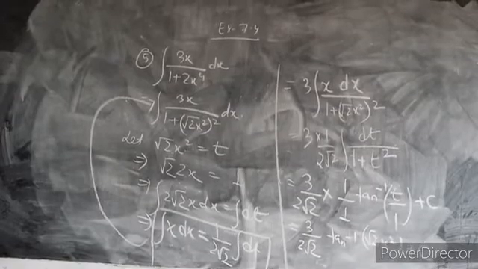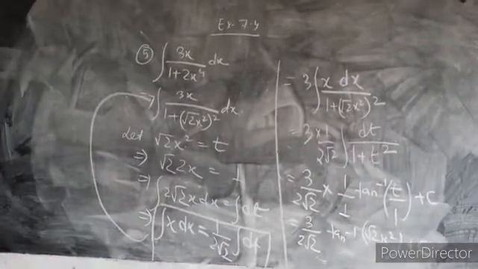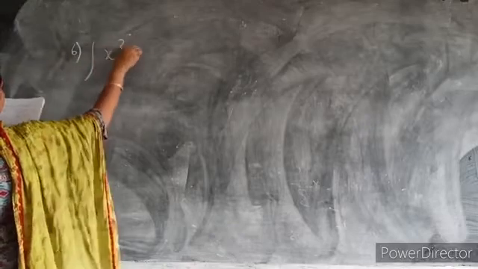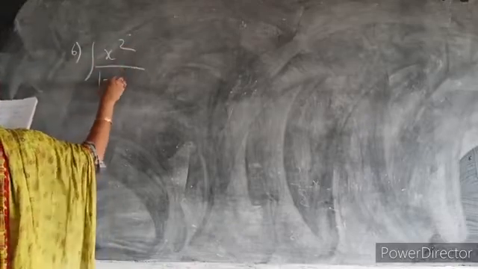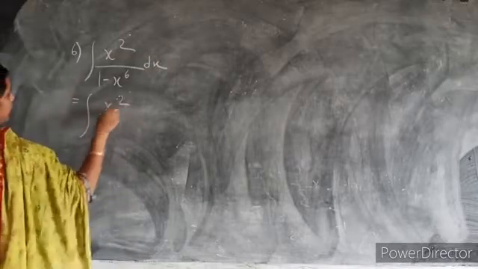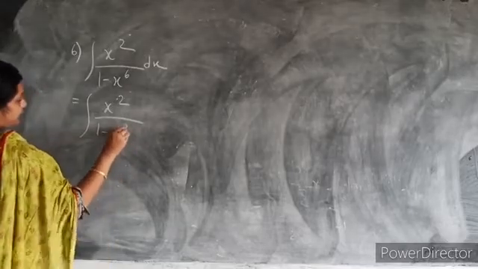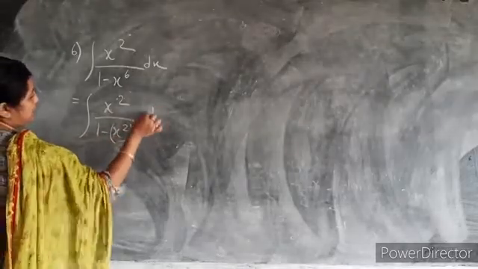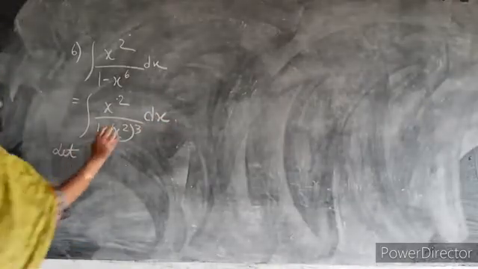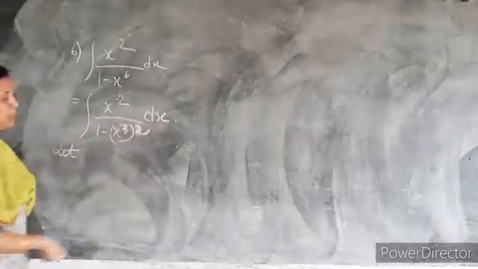First we have to bring in the formula, then only we can expand it according to the formula. What is given in question number 6 is integration x square divided by 1 minus x to the power 6 dx. Here we can do a simple step: we can take 1 minus x to the power 6 as 1 minus (x cube) squared. No problem.